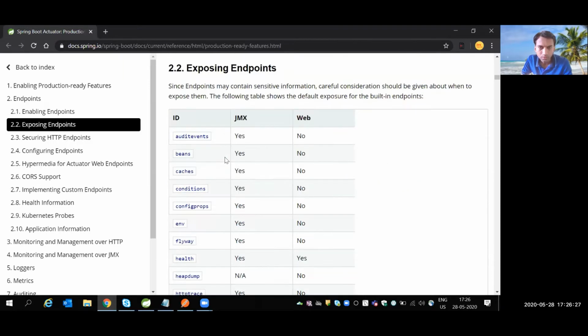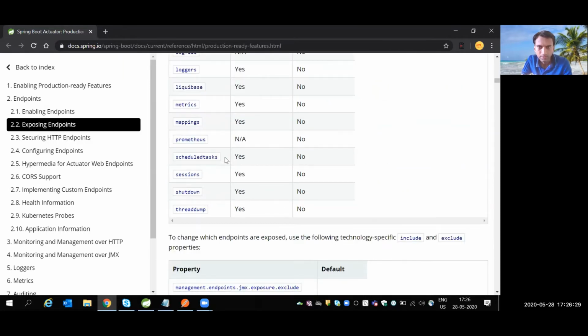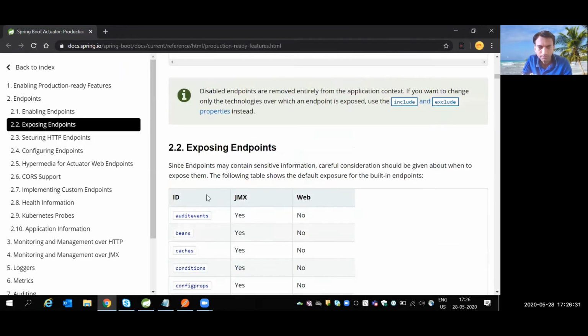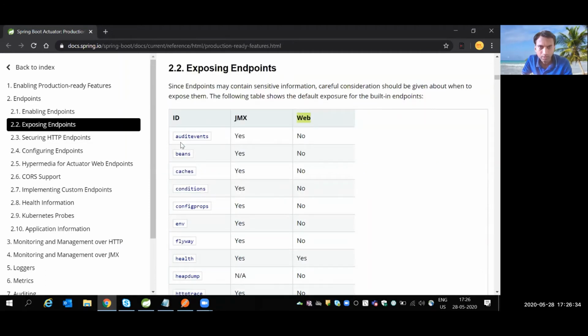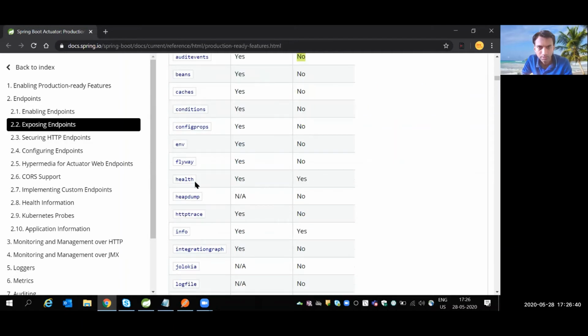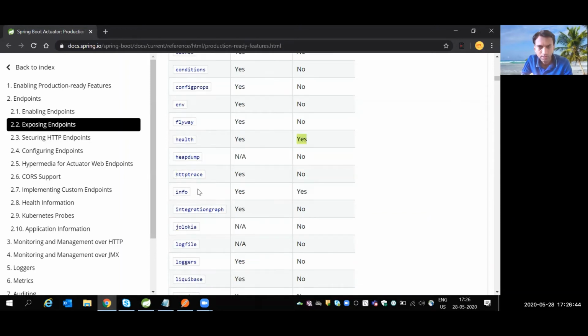We have already seen that. What we are using is web. If you see, for example, audit events, by default it is not exposed. Beans, by default it is not exposed. The ones exposed by default are health and info.